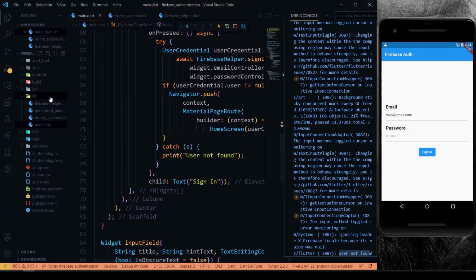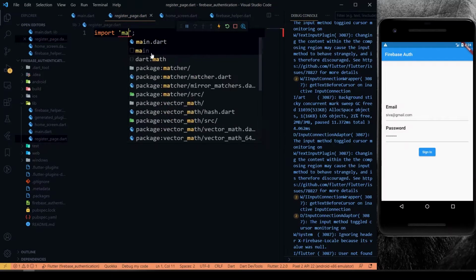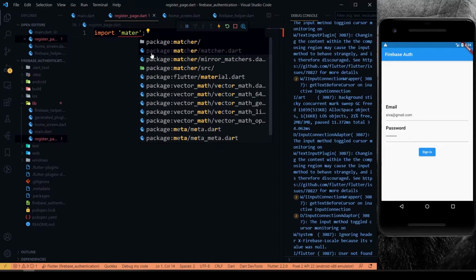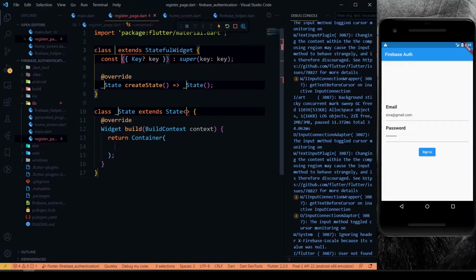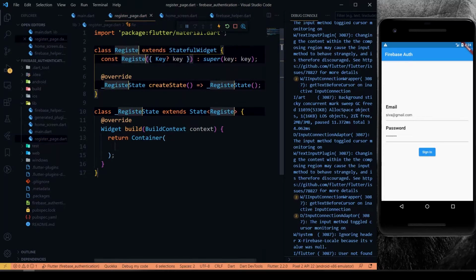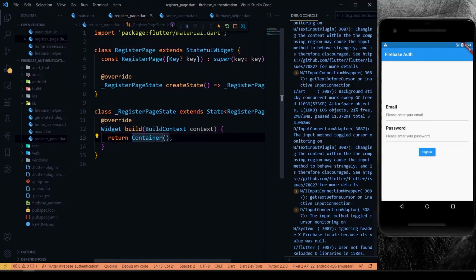So now we'll create a register page. Inside this, importing material dot dart. I'm going to call a scaffold.